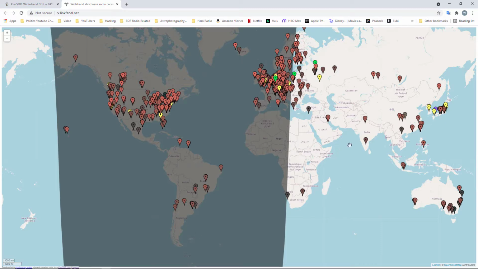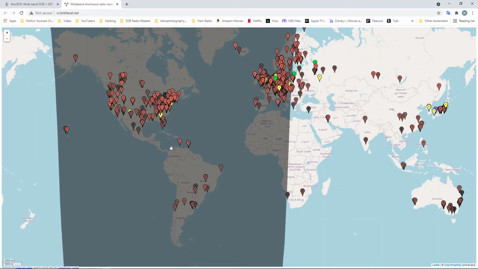And right now, it just so happens that most of Europe is in the sunlight. Europe, Asia, Australia, all these guys are in daylight. All the Americas are in dark right now. So right now we're in the nighttime bands.